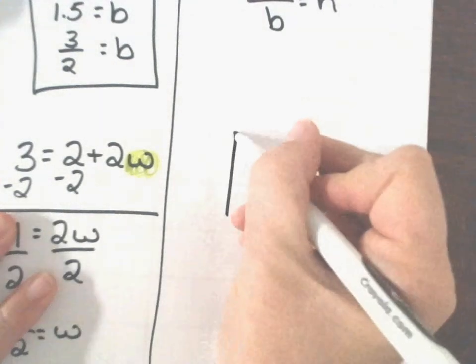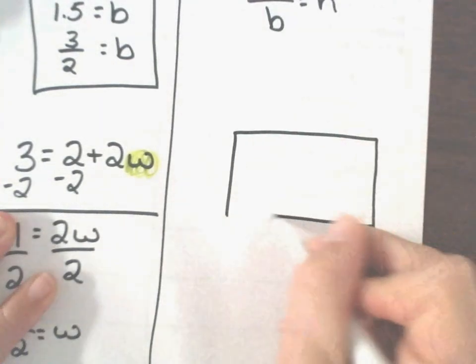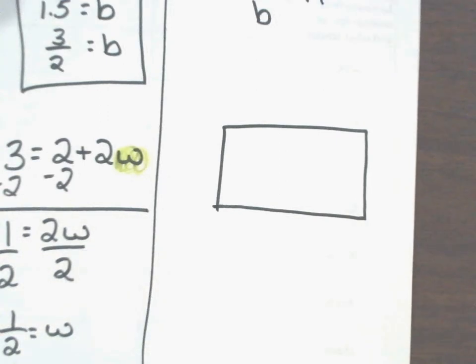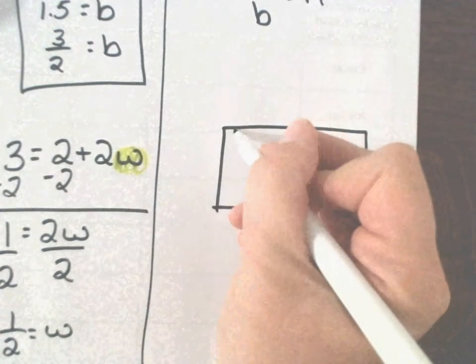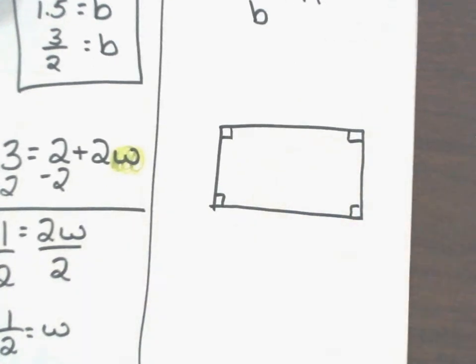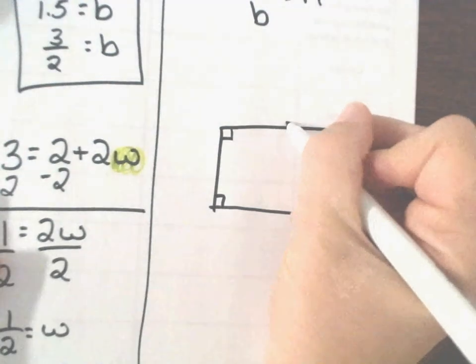So if I'll put a rectangle here, what do we know about a rectangle? They got 4 90-degree angles. 4 90-degree angles, that's good. That's true. You said angles, they're all the same. You don't have to draw this on your paper. What else do I know about a rectangle? Square. Okay, so